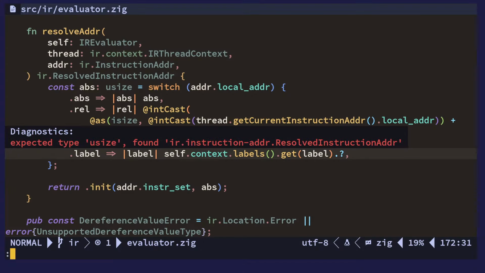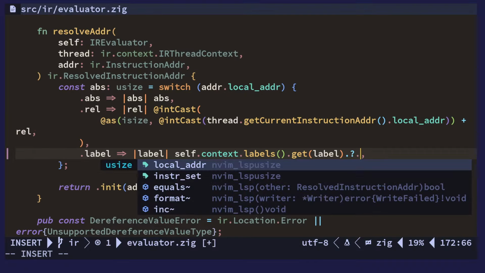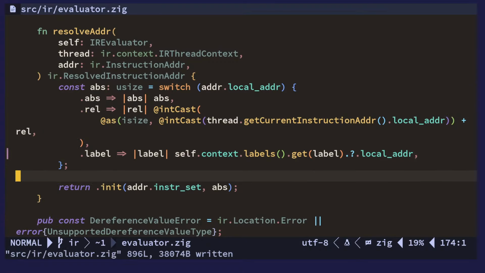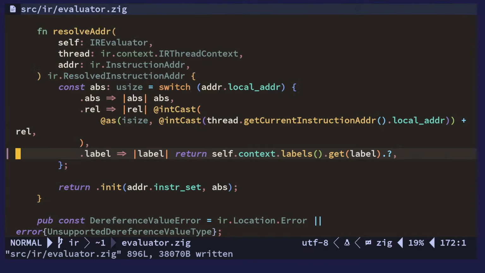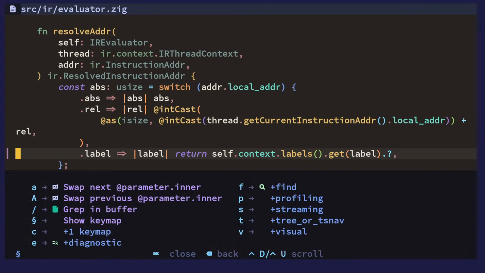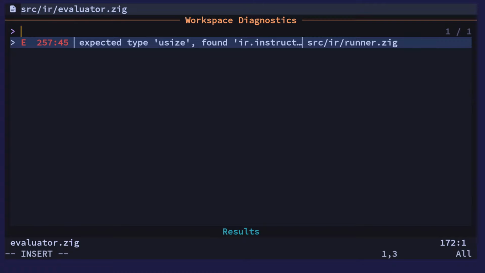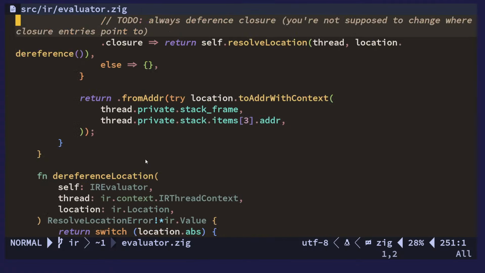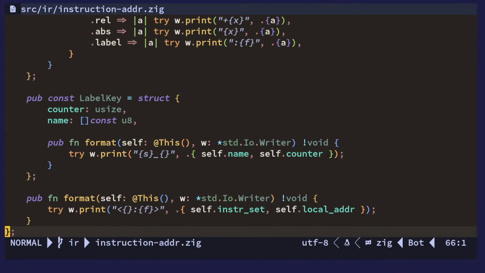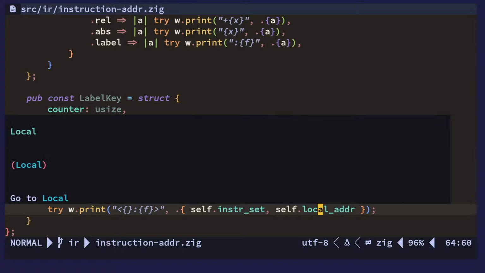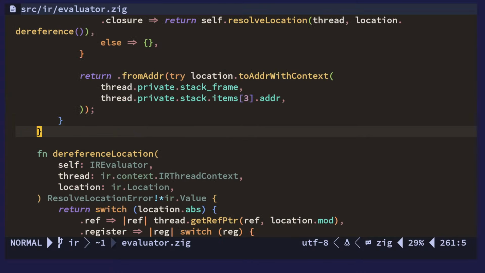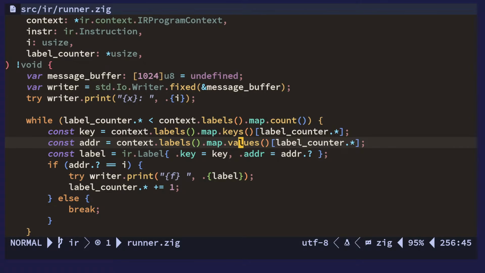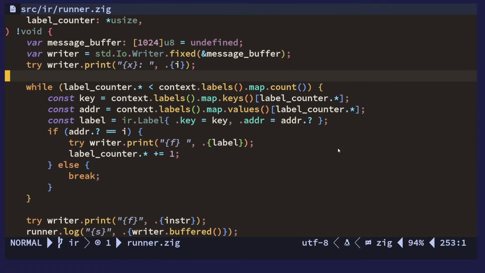So now if it's a label, it's weird. So we would get the local address. But actually we would just return this. Yeah. And also the format function needs to change. Because this could now actually include, no, that's just a key. Okay, never mind. Okay, so now here we have both the address and the instruction set, and so we can see this is